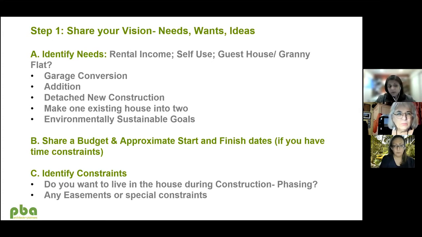It is always important, in my opinion, to share your budget with your architect so that you can be realistic about what you can spend, and therefore what you can get out of it. Because construction costs a basic amount, and then you can add as many finishes as you want, which will cost more.